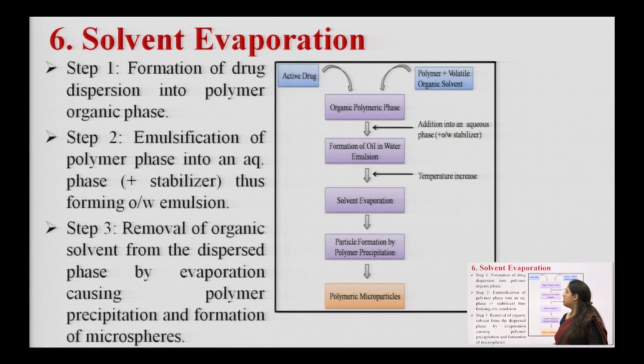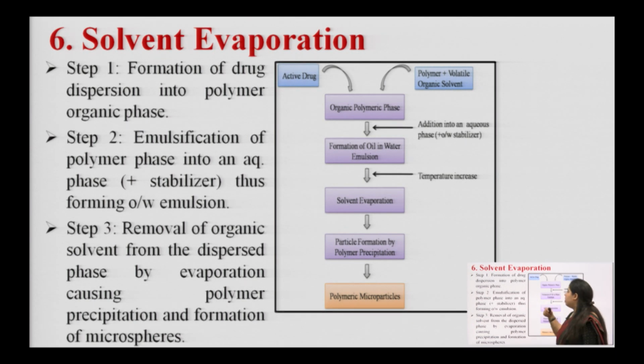Now, the sixth one is solvent evaporation. It is also a well known technology for preparing microspheres. The active drug and the polymer solution need to be mixed and it will form the organic polymeric phase. Now, the addition of stabilizers and other excipients will lead to the formation of an oil and water emulsion type,